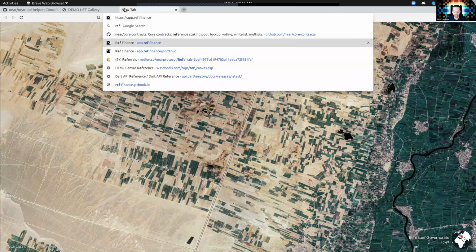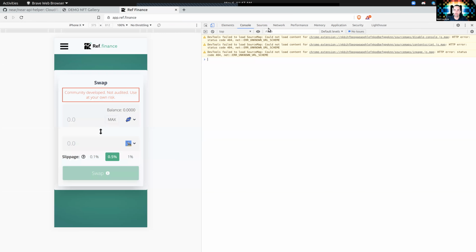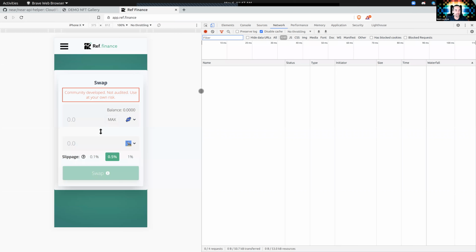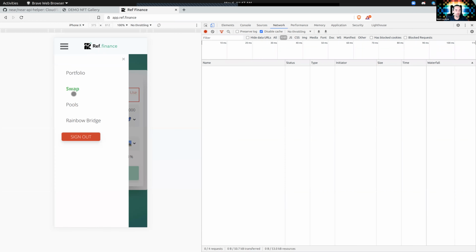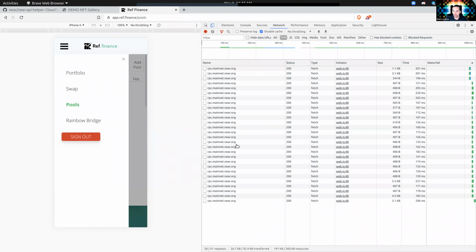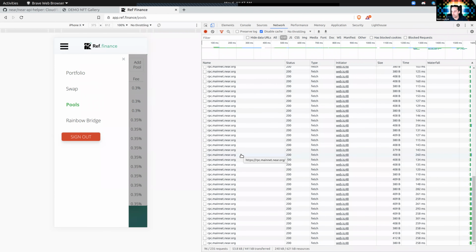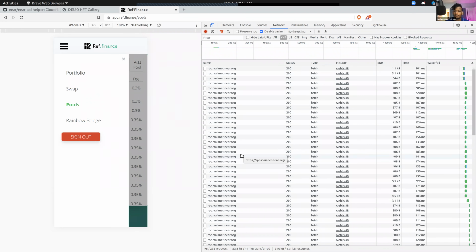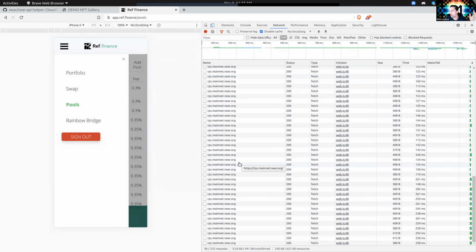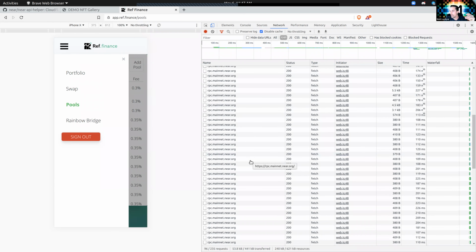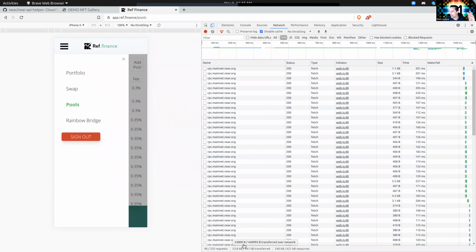This will be a fun one. I don't know if you've ever done this, Dorian, looked at the network tab when you go to something like Ref Finance, and then you go to pools and look at all this. Look at my computer, doing all these RPC calls, and each one is just like, go to this pool ID, go to this pool ID. So what I'm talking about with this Cloudflare Worker API helper is you can take all of these requests,